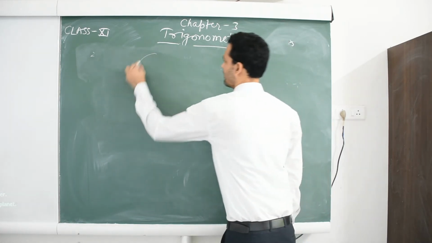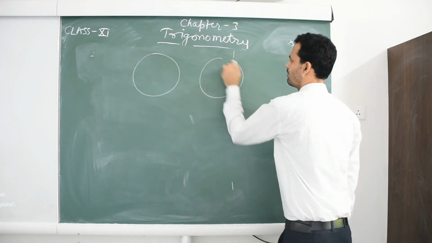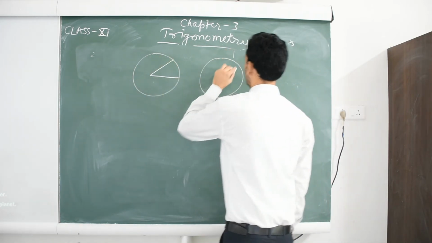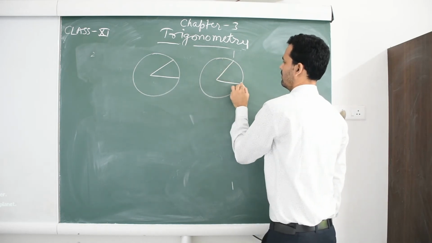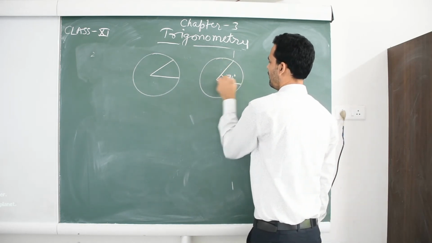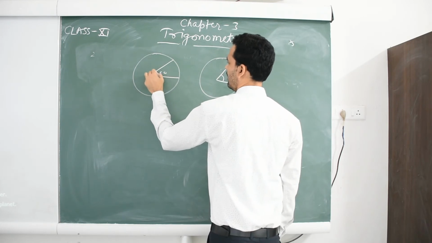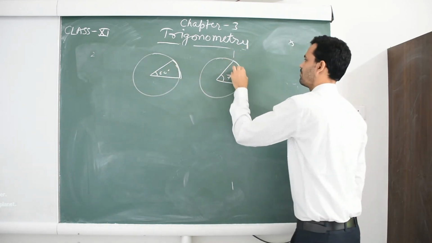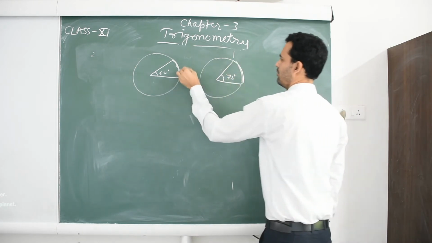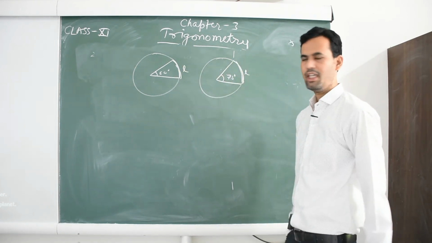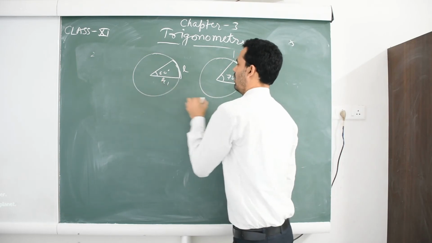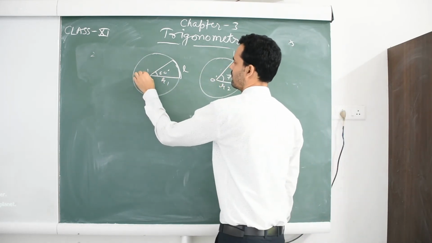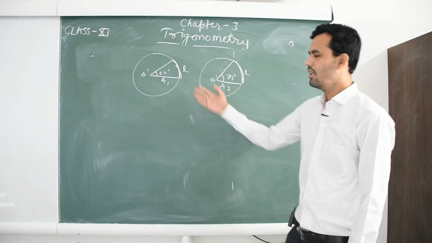There are two circles having angles 75 degree and 60 degree, but the length of arc is the same for both. It means the value of L is same. Radius R1 and R2. This is O dash, this is O. So we have to find the ratio